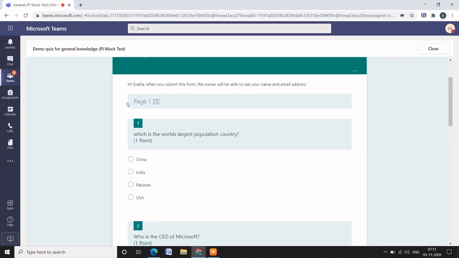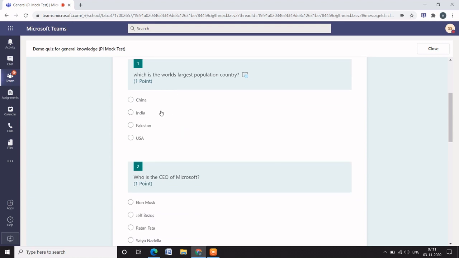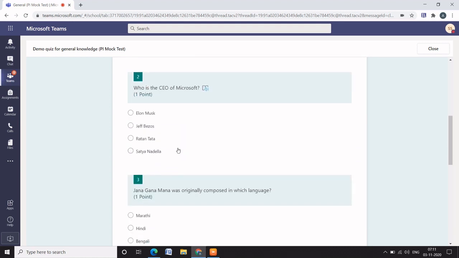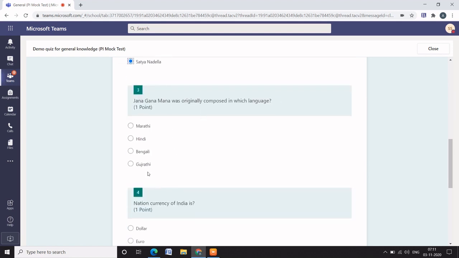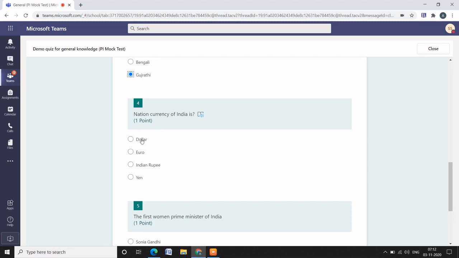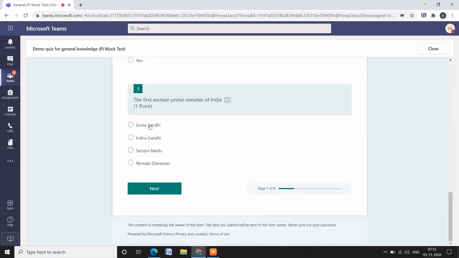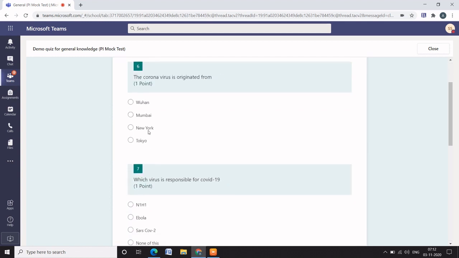You will be getting your exams page wise. So page number, how many, if your exam is of 70 marks, you will get 7 pages. And if your exam is of 60 marks, you will get 6 pages. You have to solve all the questions. I'm just solving those at random. Second one.